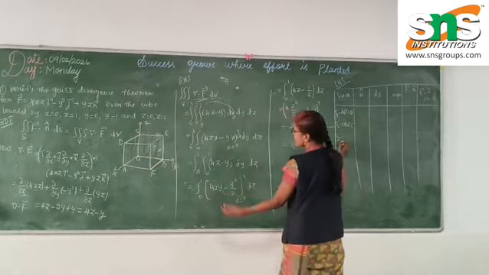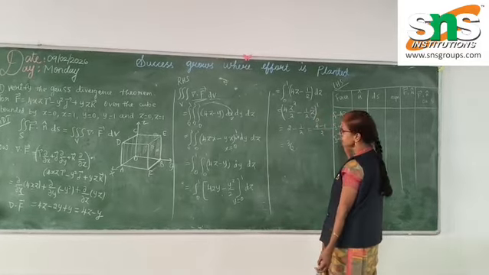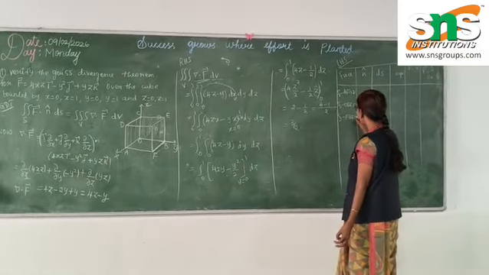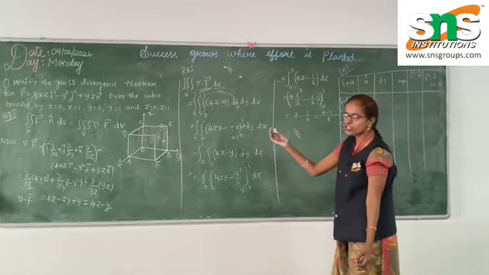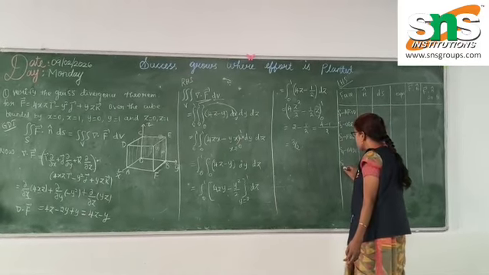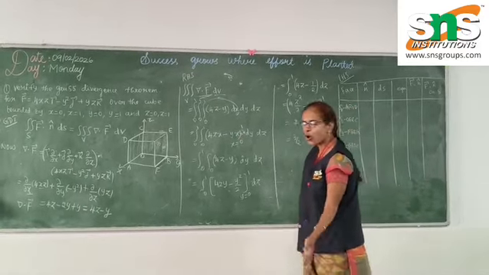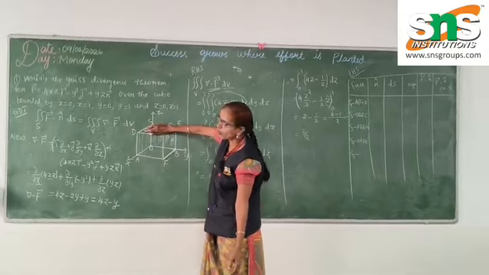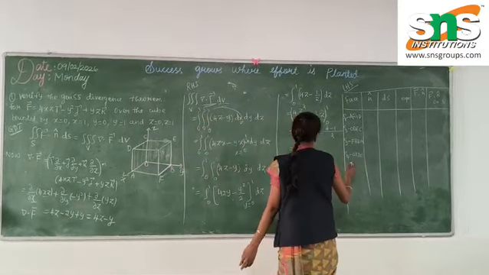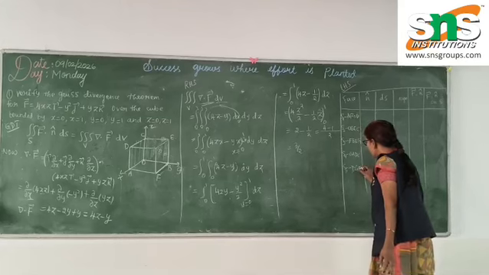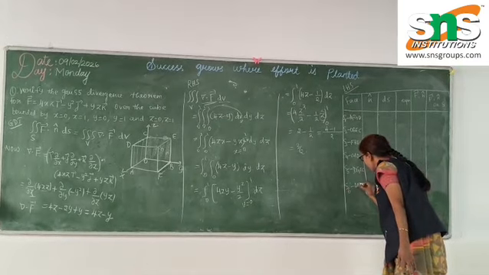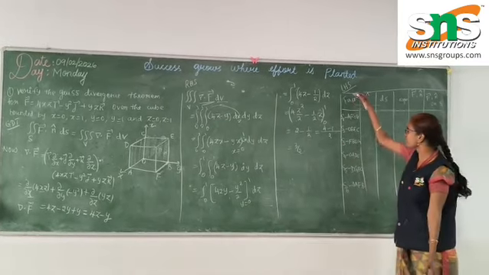So the third is F, B, E, G. And S4 is opposite to y, which is O, A, D, C. And S5 lies on z direction. That is this surface, and the opposite one is this, D, G, E, C. And S6 is opposite to z, which is O, A, F, B. These are the faces.